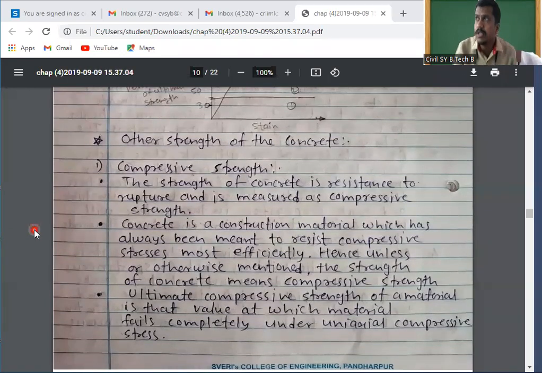Where you are going to keep it? You are going to keep that concrete block in the compression testing machine. In that you are going to apply the load, and there you can see how much load it has taken. At one time, the readings go on increasing like 5, 10, 15, 20, 25, 30, 35, 40, 45, 60. And once it has achieved its ultimate load or the maximum load, okay, once the capacity